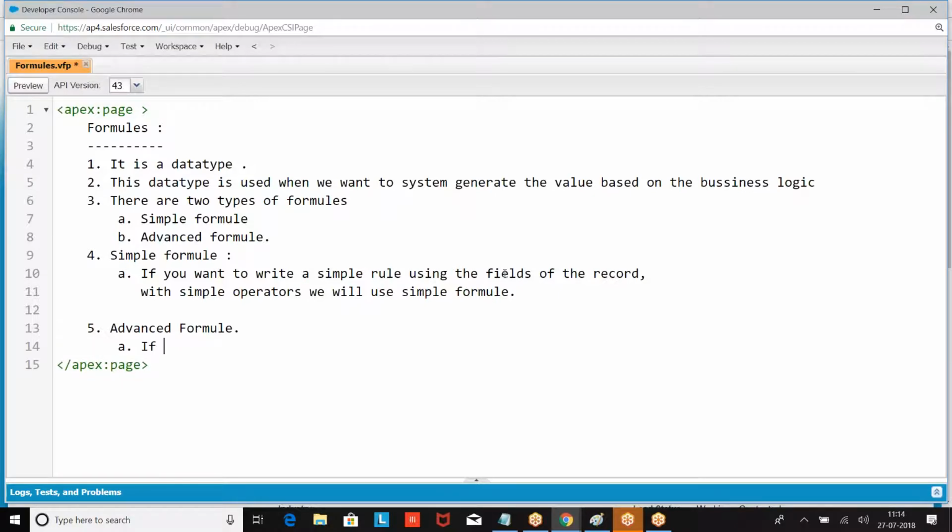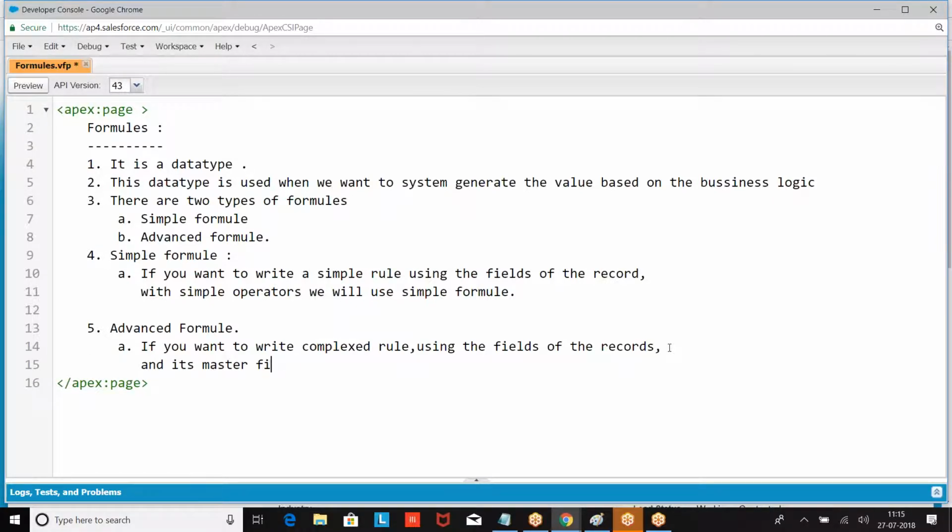What is an advanced formula? If you want to write a complex rule using the fields of the record and its master record, its master fields, using predefined functions, we will go for advanced.